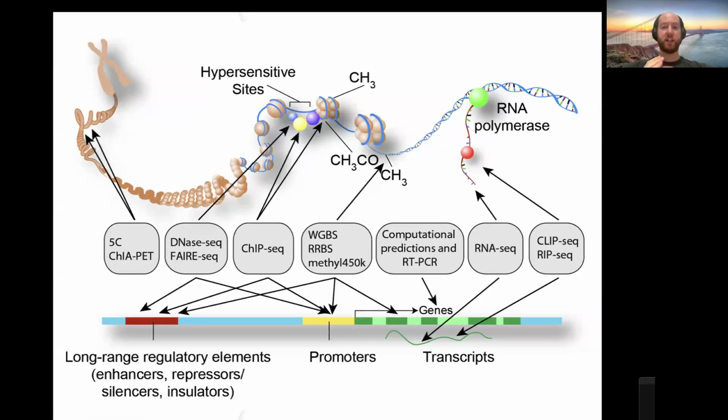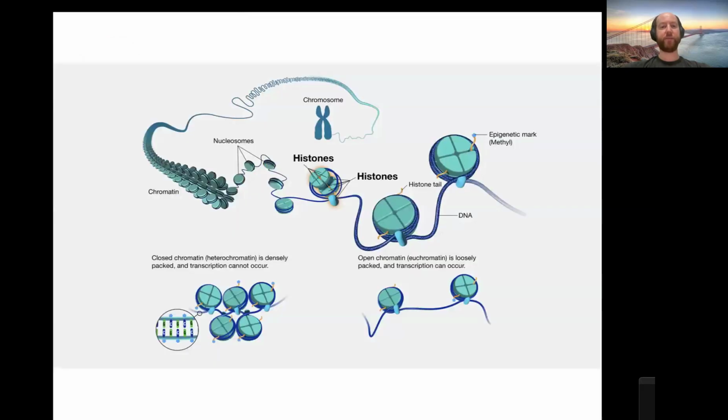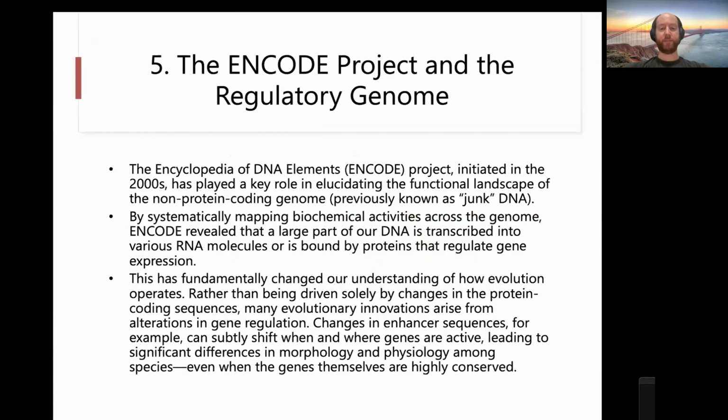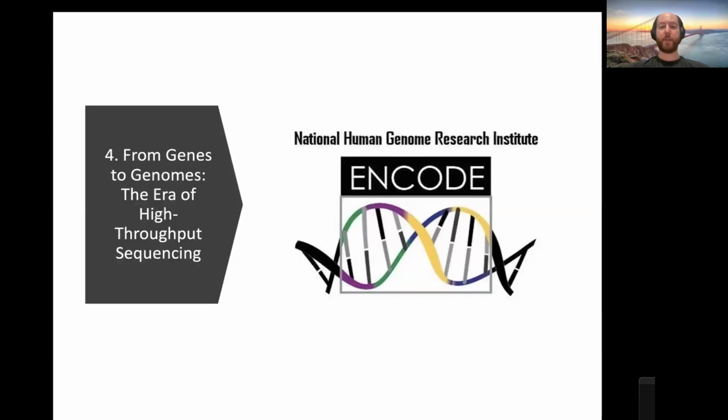And so that's essentially a separate category, even though they're very important and they can affect how an animal, for example, behaves or how an animal looks. They are considered regulatory elements and they're considered separate from genes. And so essentially all of these parts of the genome which are not protein coding but which are very important were mapped by the ENCODE project at the National Human Genome Research Institute.